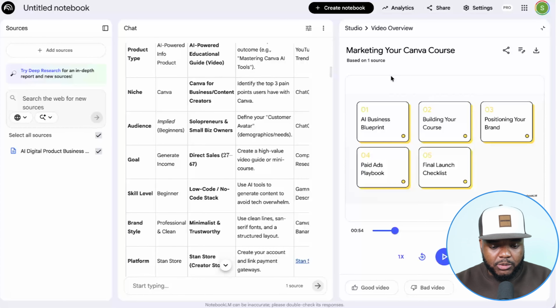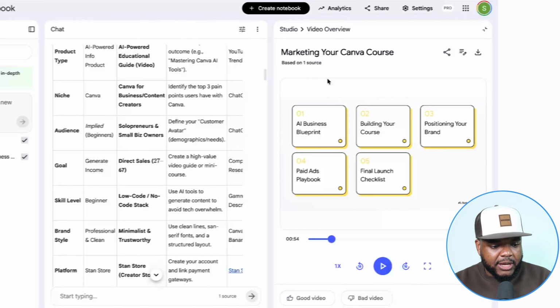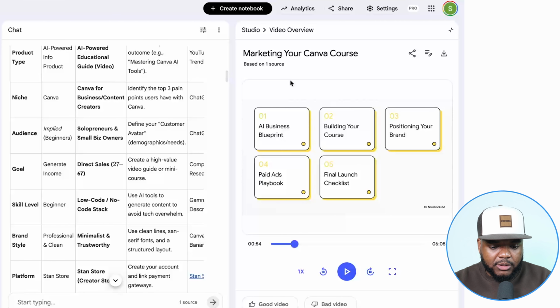all together. So yeah, guys, I'm sure that you're blown away by what it was able to make and what you're now able to do when it comes to learning any topic. So for the most part, those are some of the key ways that NotebookLM is going to be able to help you. There's some other ways, for example, analytics. I'm not able to show you that today because I didn't put enough sources, but this is something else I wanted to show you. You can change the settings over here as well. Everything else is pretty straightforward, but with the things that I showed you today, you're going to be able to understand the key things that's going to take you from a beginner to an expert when it comes to using